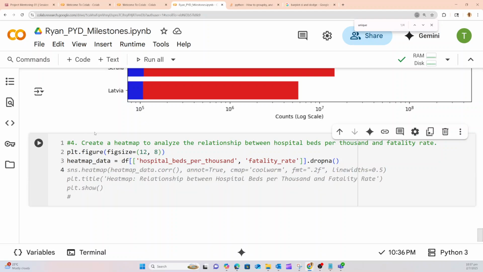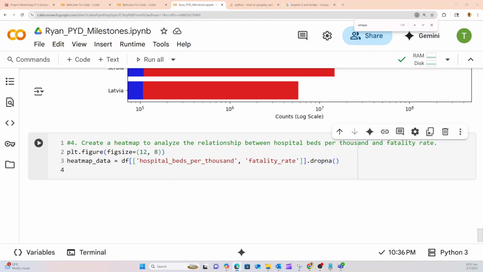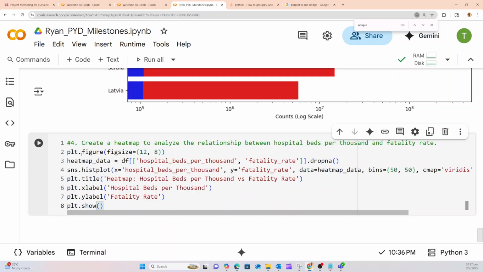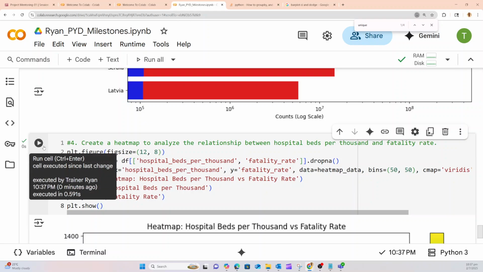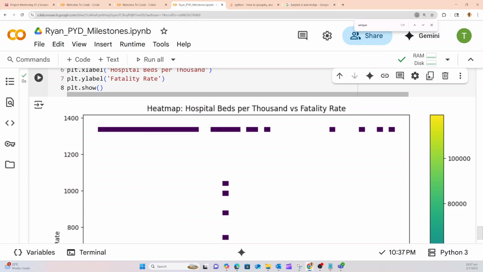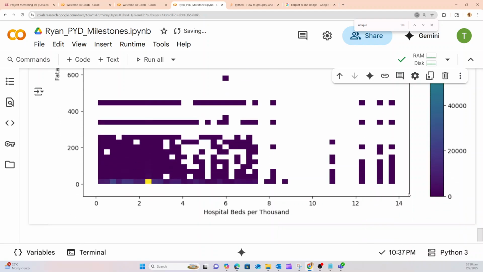After that, you want to see the heat map. Then just use the code we did before. I just copy, then change the title, the data frame, the data source. So you will see hospital beds per thousand versus the fatality rate. There are too many. The color is mostly blue, which is very low.